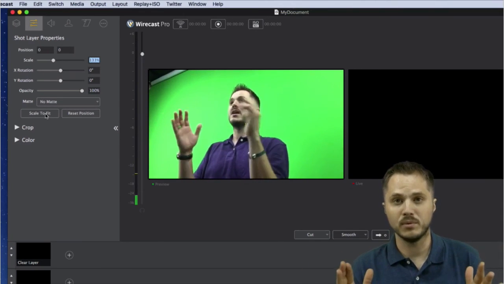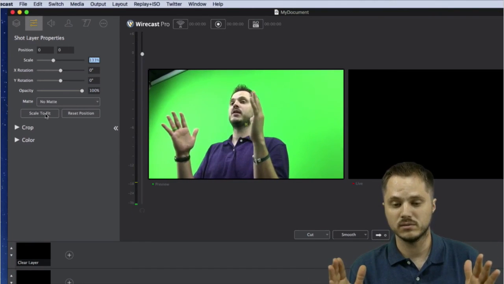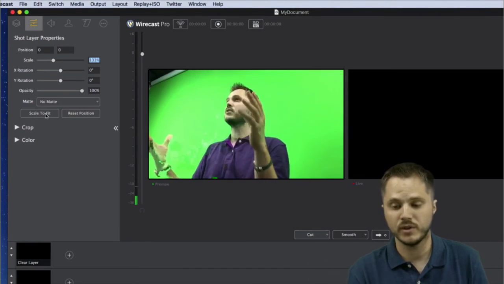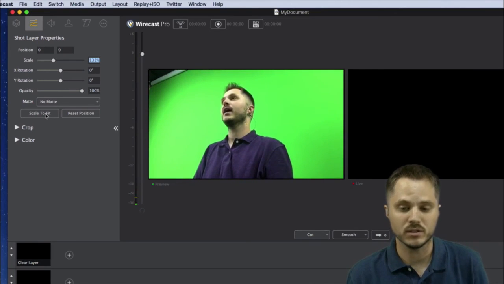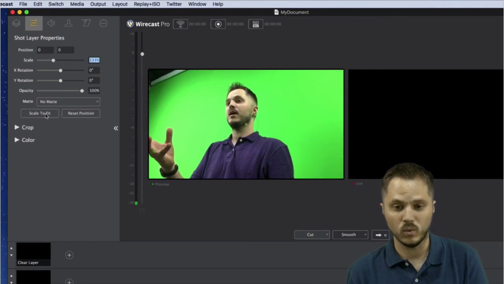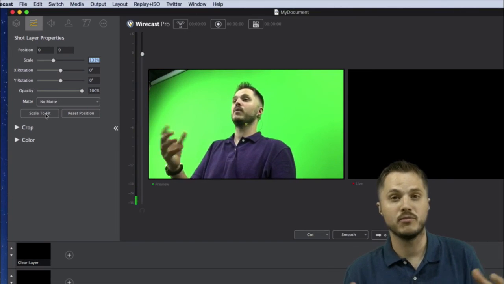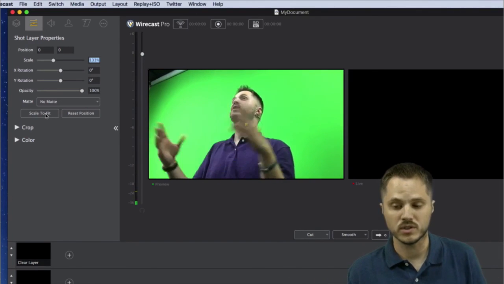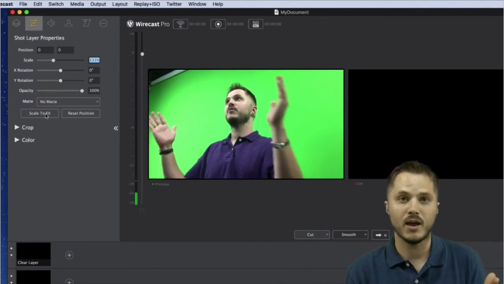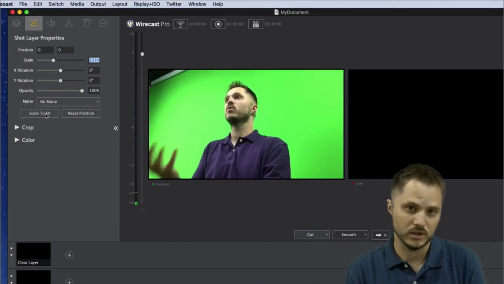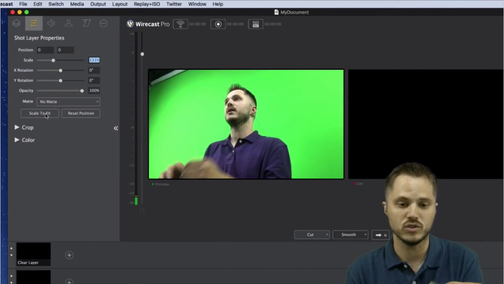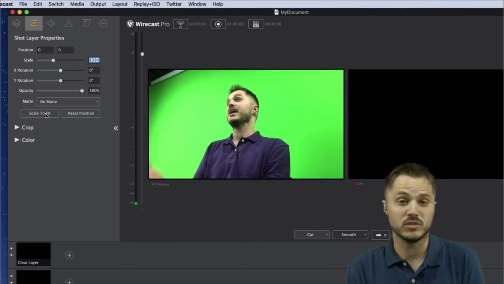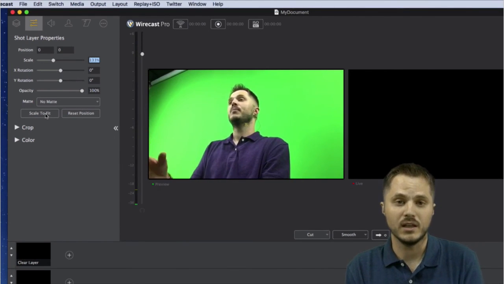Now, it's not a problem to scale to fit sources that are larger. If we have a 1280 or a 1920 canvas and we brought in, say, a 4K source or a 2K source, scaling that down, you don't really lose quality. You're not duplicating pixels, you're actually eliminating them, and it should scale down just fine and look good. But scaling up is always a problem.